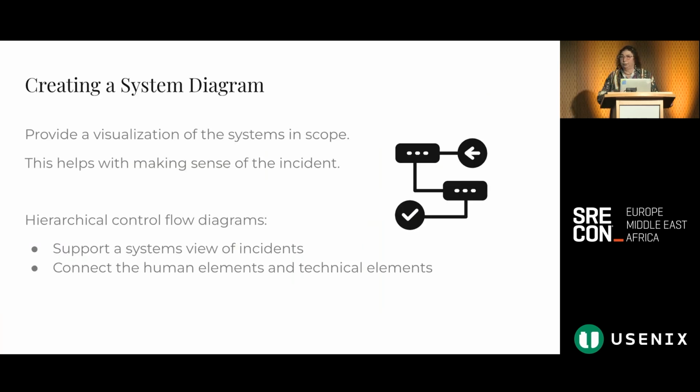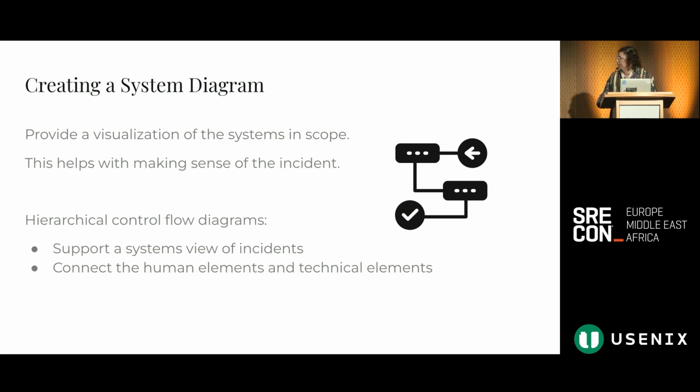It's really important, in my experience, to come into an incident review with some kind of visualization of the system. That gives us a common ground for the conversation that we're having. And there are a number of ways of having that visualization. There are architectural diagrams, data flow diagrams. Org charts are sometimes remarkably revealing about what's happening in an incident.